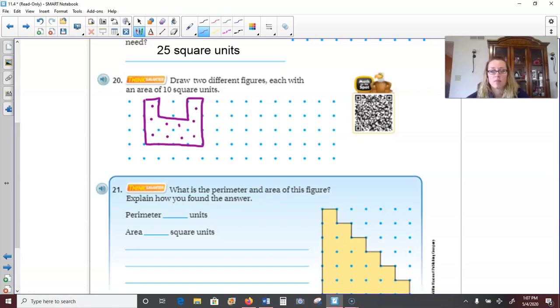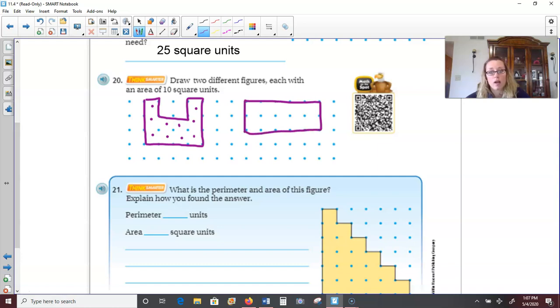Okay, so it looks something like that. Now, the challenge is for us to draw another shape, another figure that also has an area of 10, but it has to look different than the first one. So I'm going to draw one and check to see that it has an area of 10. The second shape you draw could be the same as mine, or maybe you have a different idea. So go ahead and explore and see if you can come up with another shape that has an area of